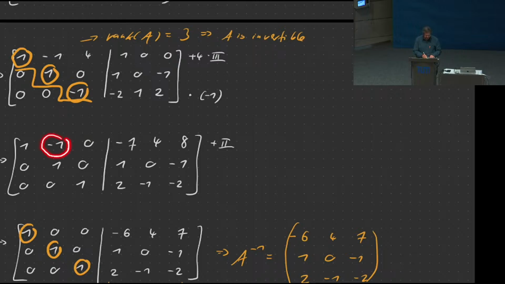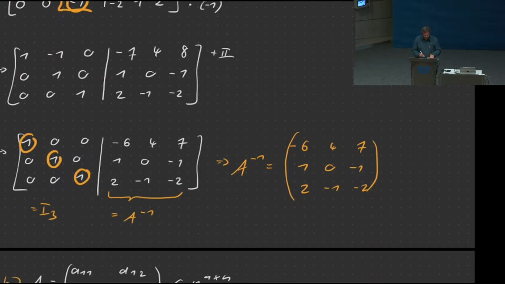Last thing we need to change is this -1 here. That's still in the way, so when we get to this pivot, again, we're working our way backwards, and we just add that second row to the first one to get rid of that -1 entry. And then here's our reduced row echelon form. And you can now see this has full rank, so A had full rank.